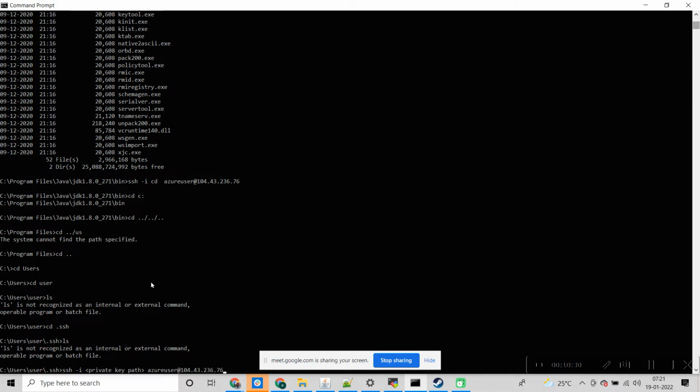So here we need to give the path. Right now I have reached the .ssh folder, but even if you are not there, you need to give the path. If you have kept the key somewhere else, otherwise by .ssh I think it should pick up by default. Okay, so our key name is